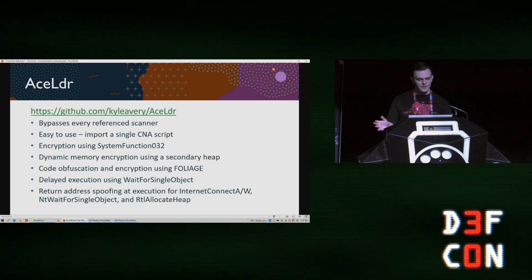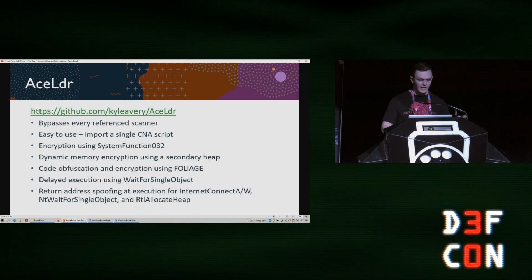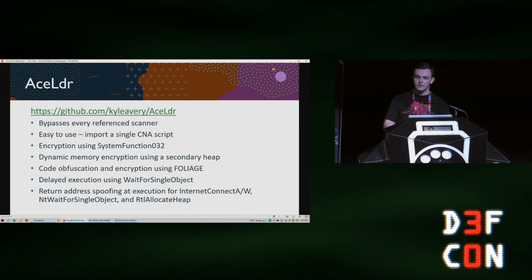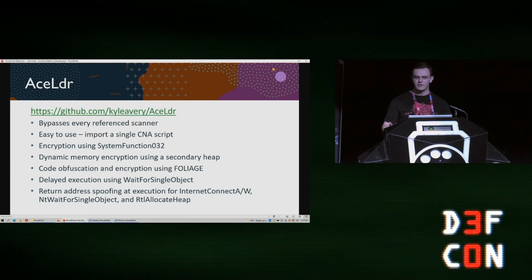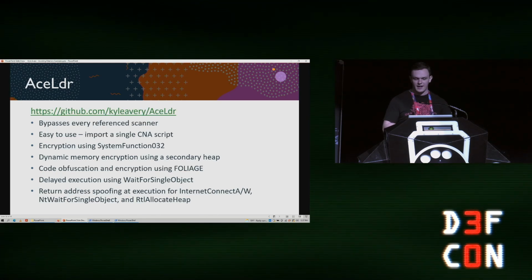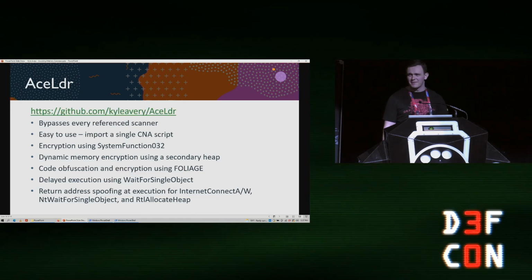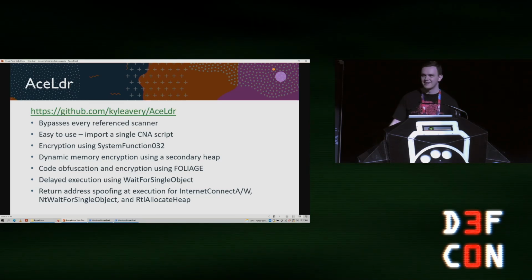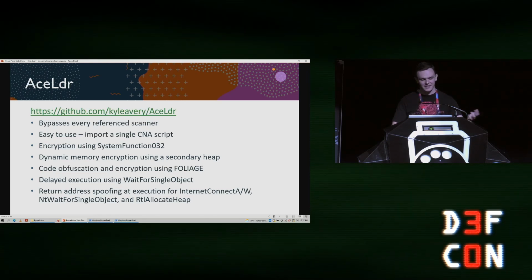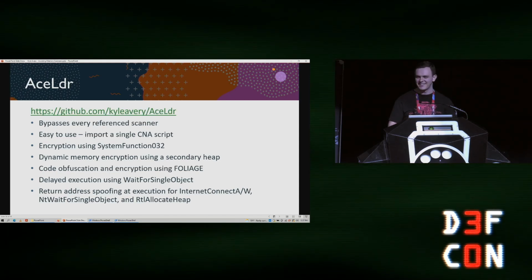Okay, so all of that said, the last part that I want to talk about is AceLoader. AceLoader is the tool that I wrote. It is able to bypass all of the scanners that we talked about, so PECIV, Moneta, malmemdetect, all of the Cobalt Strike Yara rules that I have or could find anyway. It also bypasses a tool that came out after I submitted this talk called Patriot, which was made to detect foliage specifically, from Joe at Elastic, but it will bypass Patriot as well. I got that a couple days ago.